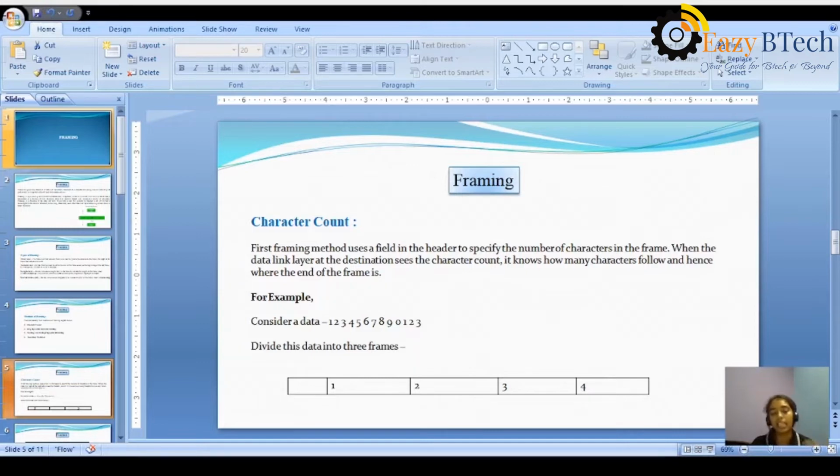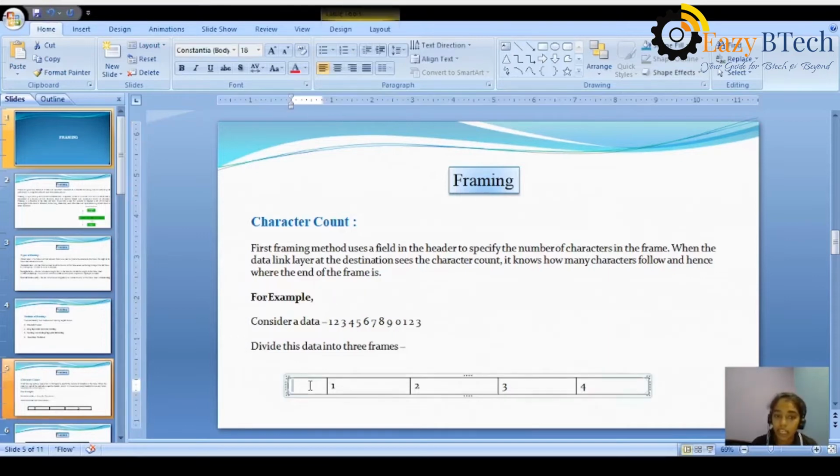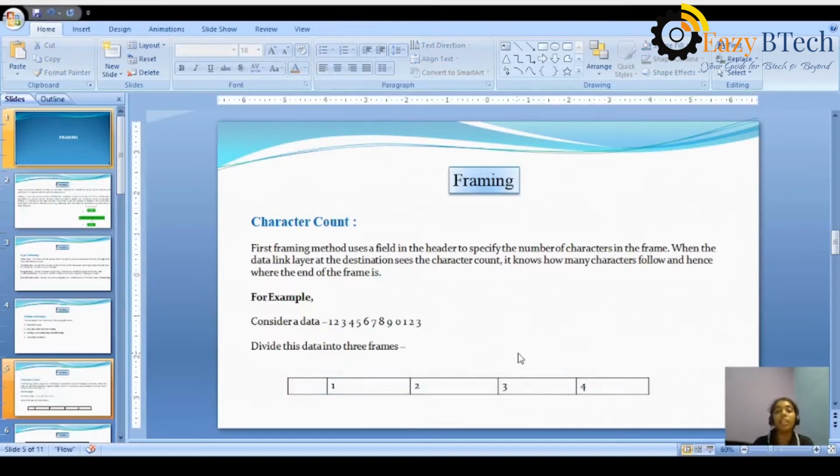When the data link layer at the destination sees that character count, which we insert in the starting header part, it knows how many characters follow, hence it identifies the end of the frame. Here this is a header part, and in it we insert the character count, meaning how many characters we have.